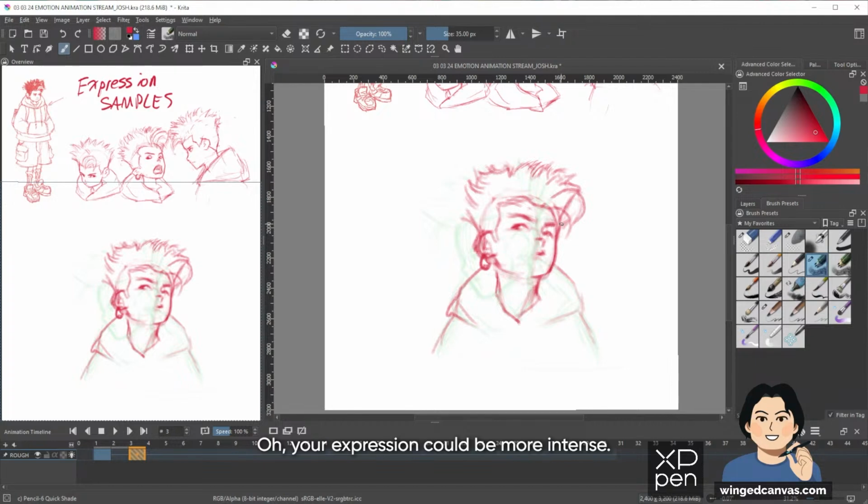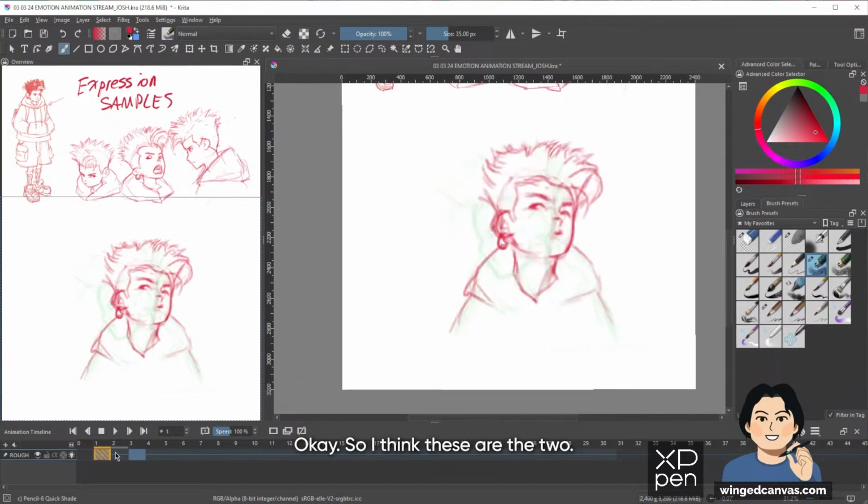Oh, your expression could be more intense. I feel that. Every time I look at my drawing, I don't look at it for like a day, and then I look back at it and it's like, it could be a little bit more intense. Yeah. You can type so well today. Do you usually not type really well? Yours look really nice. Oh, thank you. Yeah, do another one. It'll be awesome to look at.